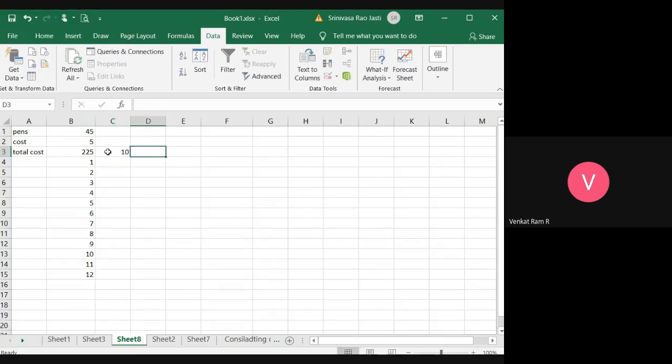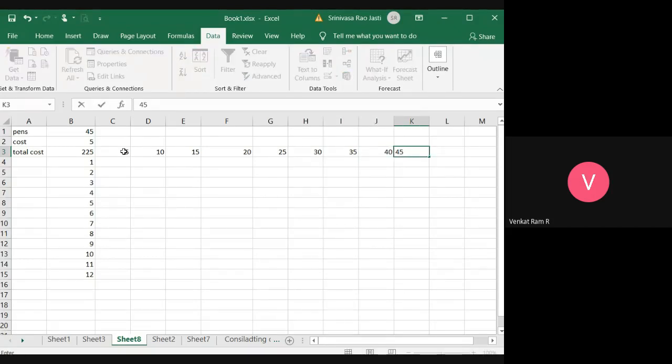So 10, 20, or let me take some 5, 10, 15, 20, 25, 30, 35, 40, 45.